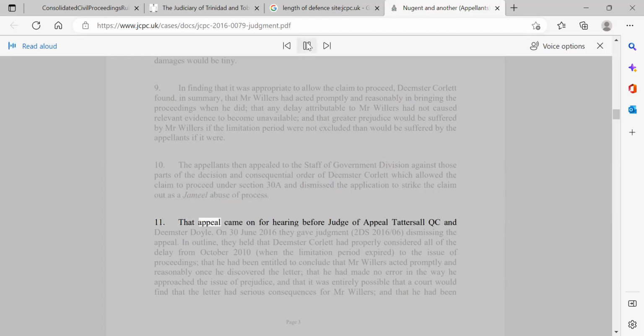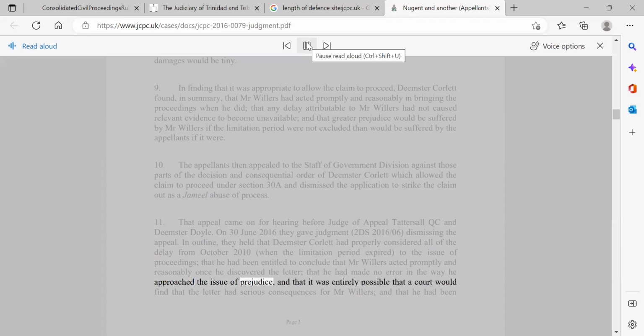11. That appeal came on for hearing before Judge of Appeal Tattersall QC and Deemster Doyle. On June 30, 2016 they gave judgment, 2 DS 2016-06, dismissing the appeal. In outline, they held that Deemster Corlett had properly considered all of the delay from October 2010, when the limitation period expired, to the issue of proceedings, that he had been entitled to conclude that Mr. Willers acted promptly and reasonably once he discovered the letter, that he had made no error in the way he